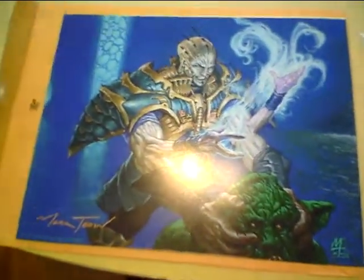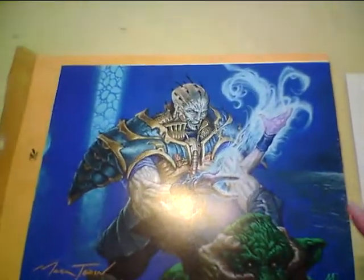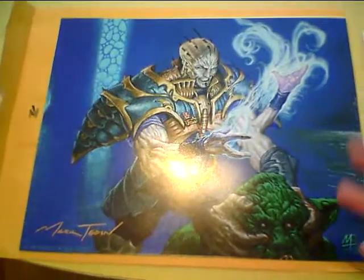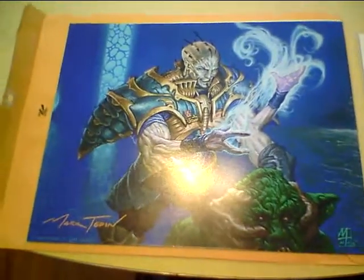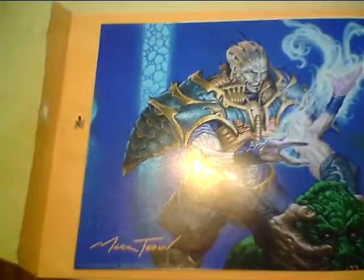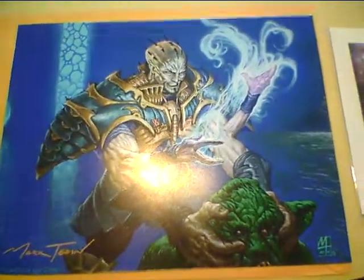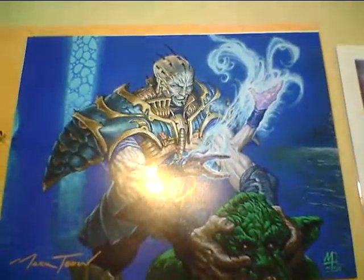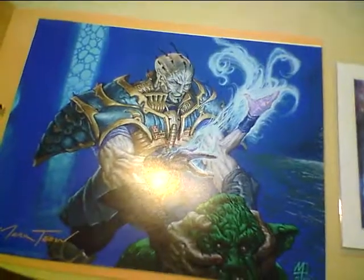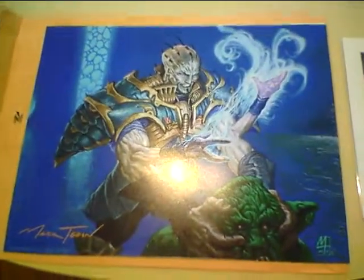I actually dismantled it because the deck was getting so much hate. I'm thinking about remaking it now, but I went to Mark Teeden, who's the artist, and I wanted him to sign that copy of the first ever Magic card I bought online. And I looked at all his other stuff, and for those of you who don't know, Mark Teeden does a lot of really iconic artwork. He's done Nevinyrral's Disc, he's done Fireball, he's done a lot of really up there things, and so